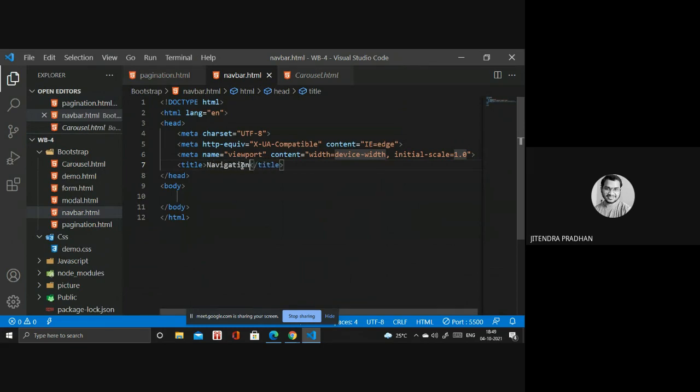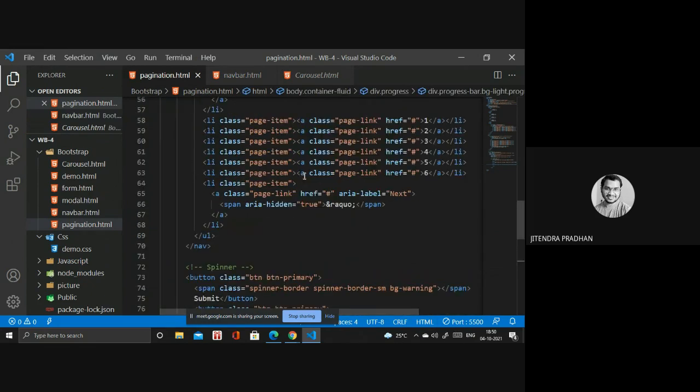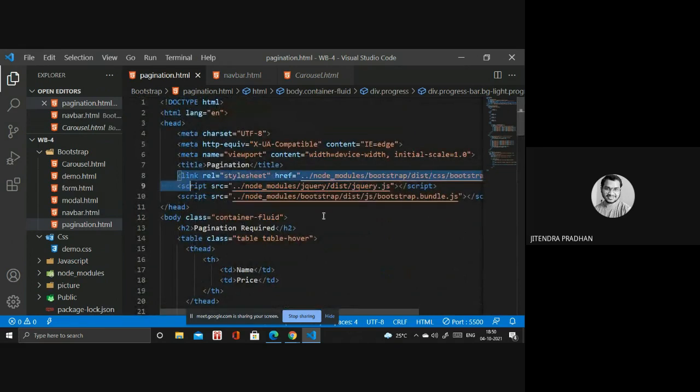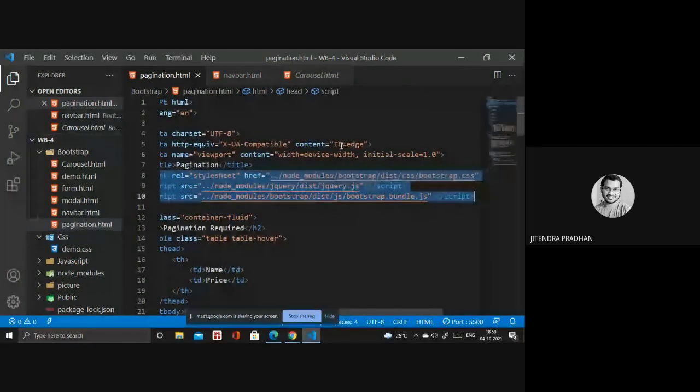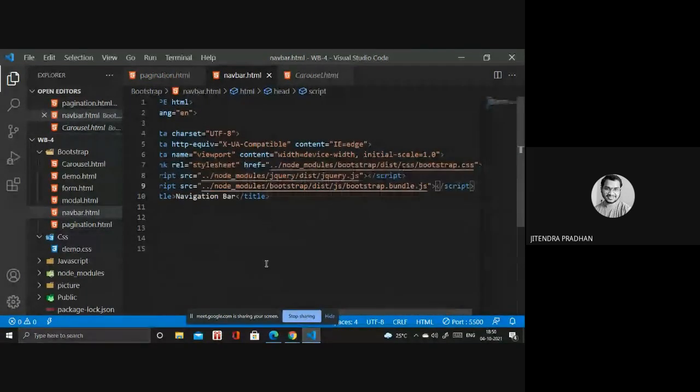In that you have to copy all the part, this one, and paste it inside that navbar file. We are done.